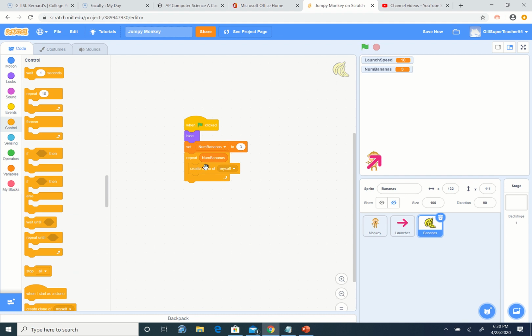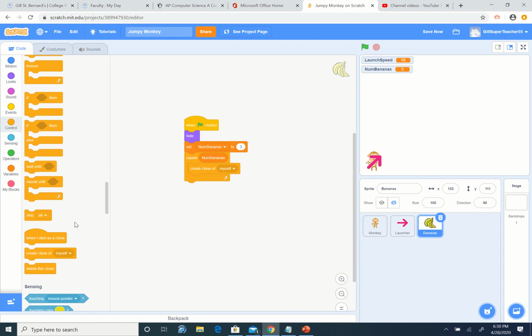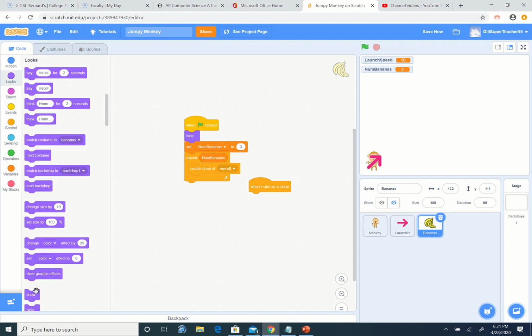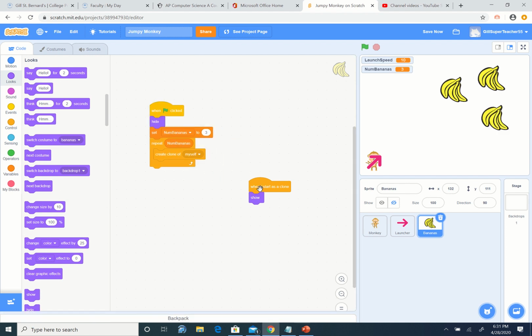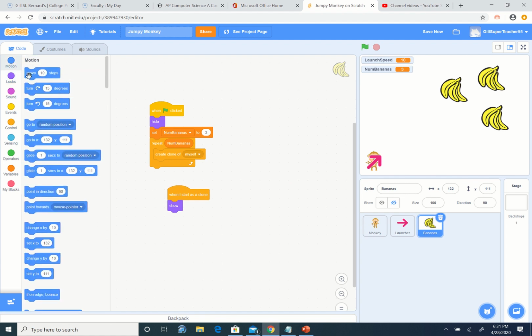okay. So we need to determine what to do when we start as a clone. So when I start as a clone, first of all, let's send them somewhere. Well, first of all, let's show. So we have 3 bananas right here. Okay, so we want to send it somewhere. So let's go to motion, and we'll say go to XY,